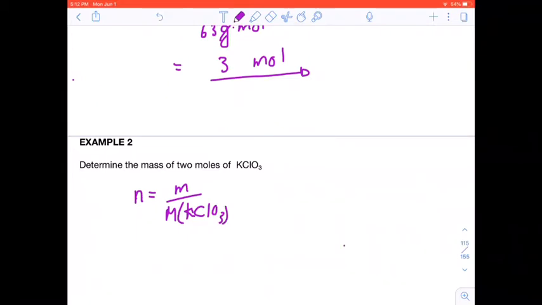If we want to determine that, what is M of KClO3 equal to? It's equal to K,